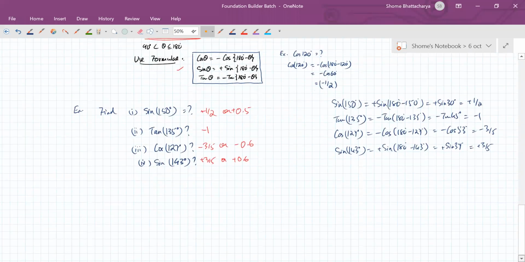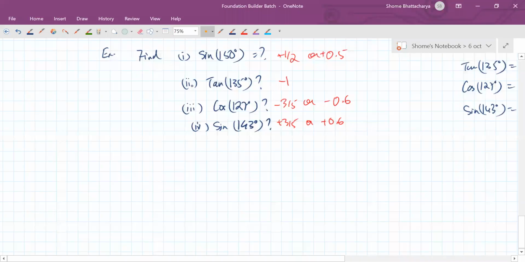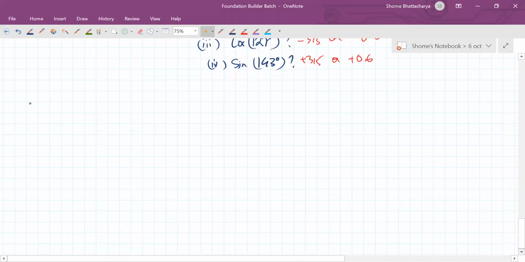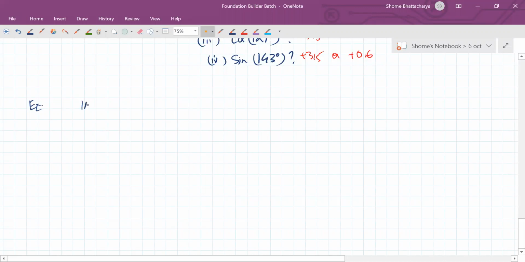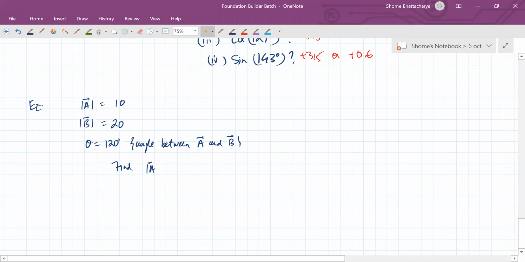So let us see some examples now where we have to implement this. So for example, let's take that one only which I just saw. Magnitude of A is 10, magnitude of B is 20, and the angle between them is 120 degrees. This is the angle between A and B. So you want to find magnitude of A plus B and alpha. Okay, so you just use the formula mod of A plus B